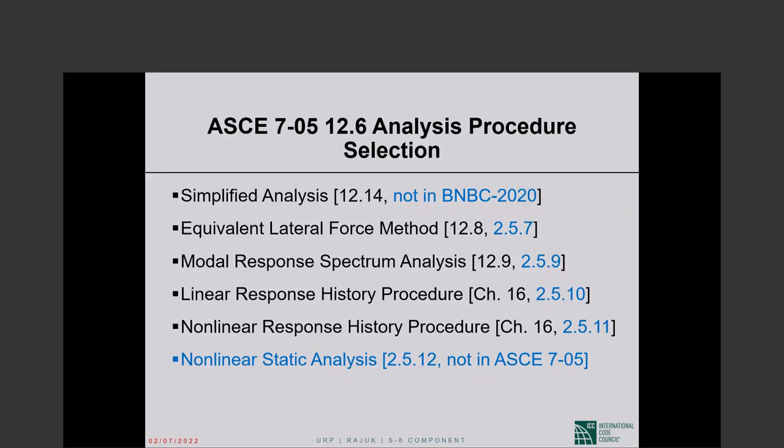Response history analysis simply means that you subject the base of your structure to acceleration histories, of ground acceleration as a function of time. And these time increments have to be very, very small for you to have accurate analytical results. So the base is subjected to a history of ground accelerations, and we compute